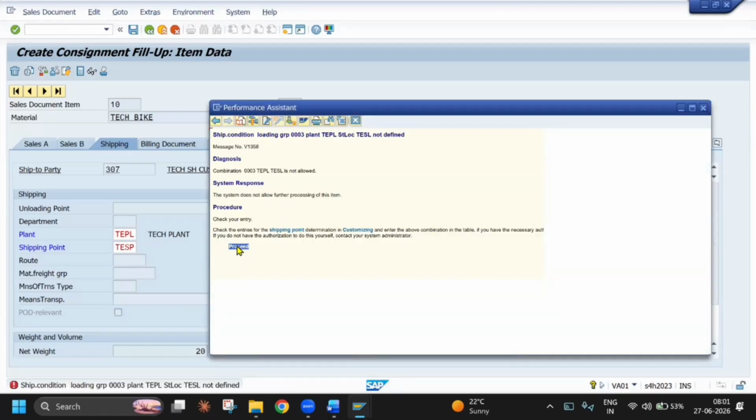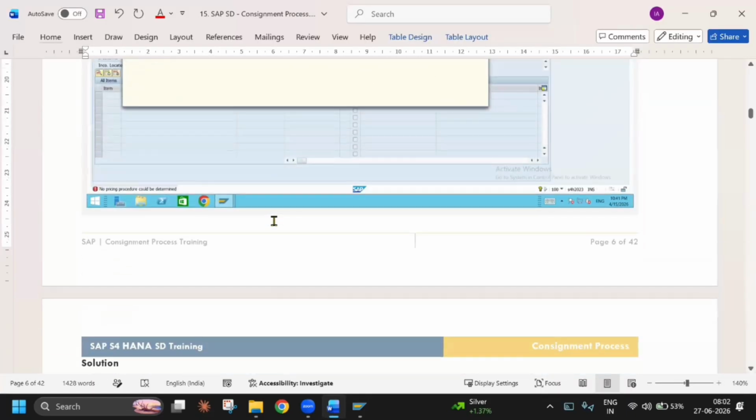Why is it not executing? Why is this not working? One second. See, this is a different error. Okay,